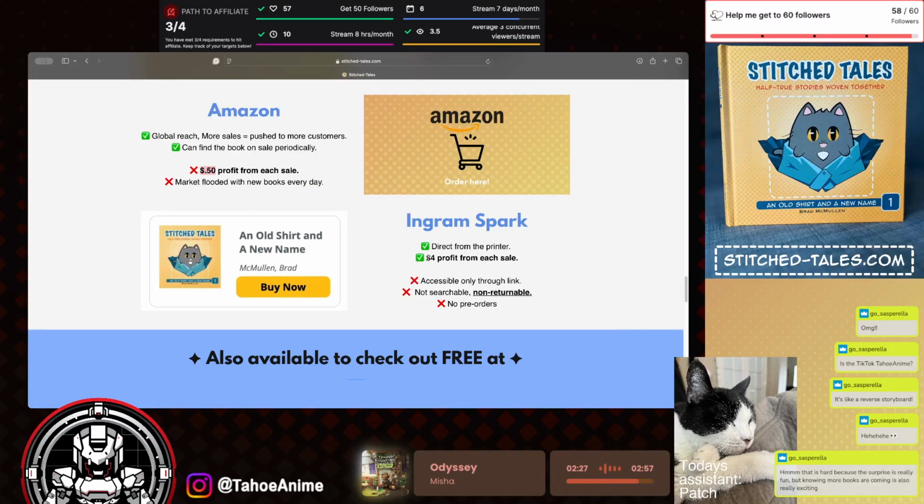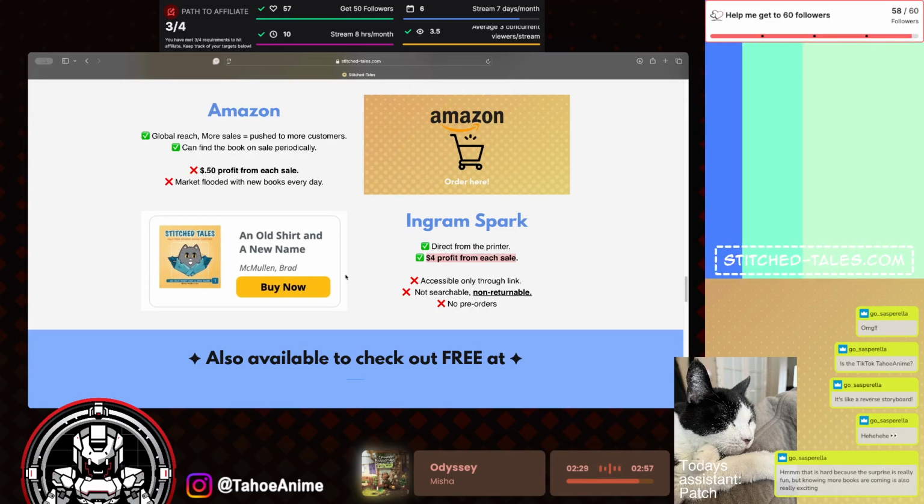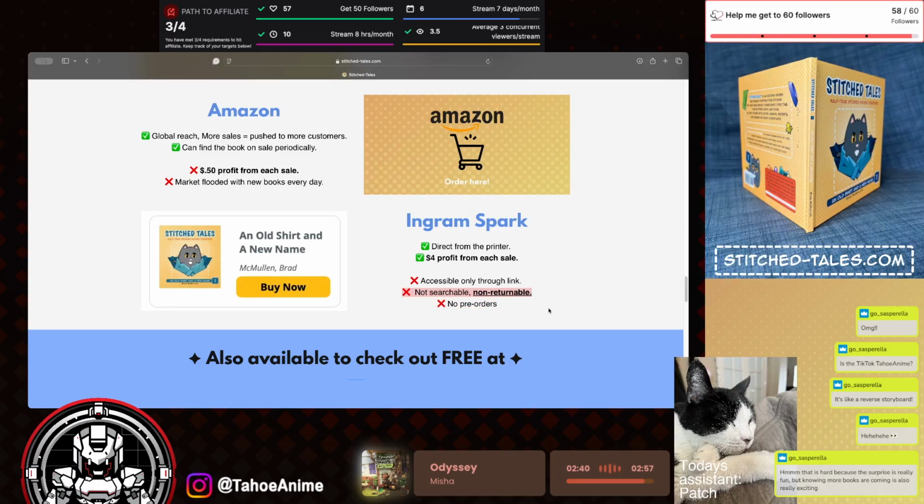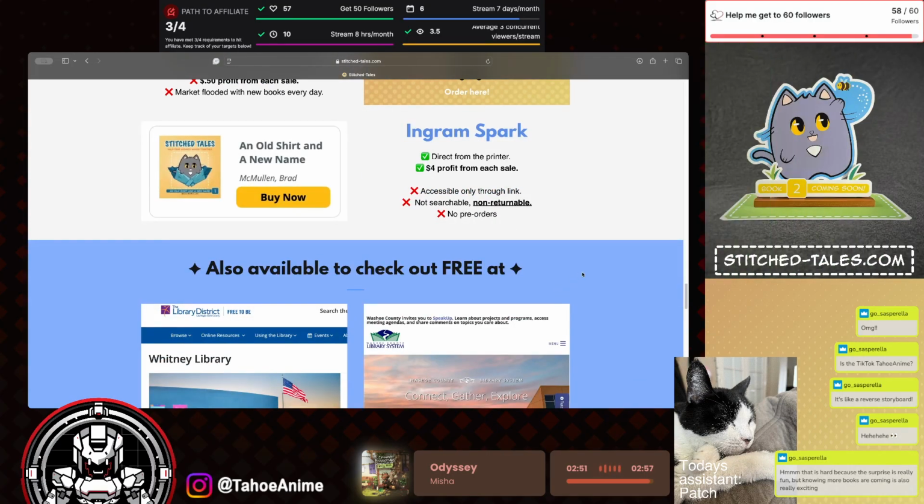And then Ingram offers an option to buy from their link, but this part of it scares me, that you can't pre-order and it's not returnable. So if you get a damaged book, like they printed it badly and sent it to you, that's not returnable in any way. So that one kind of sucks. I'm not too thrilled with that,